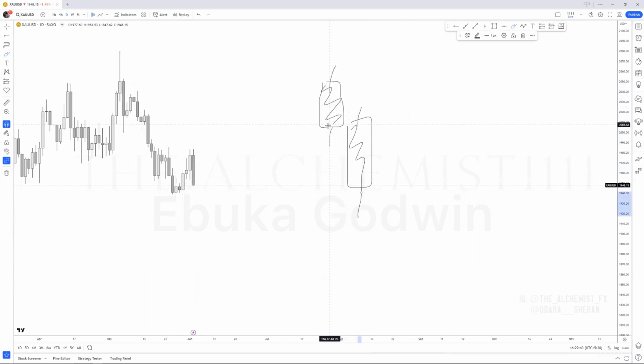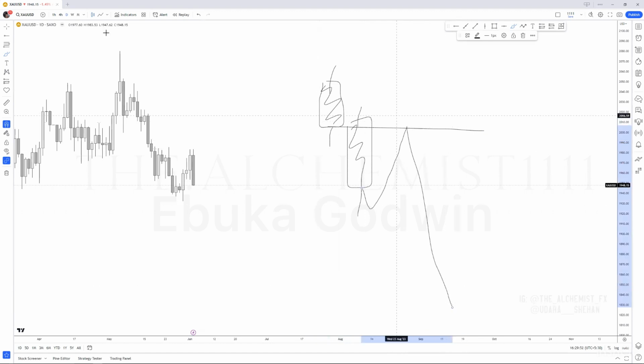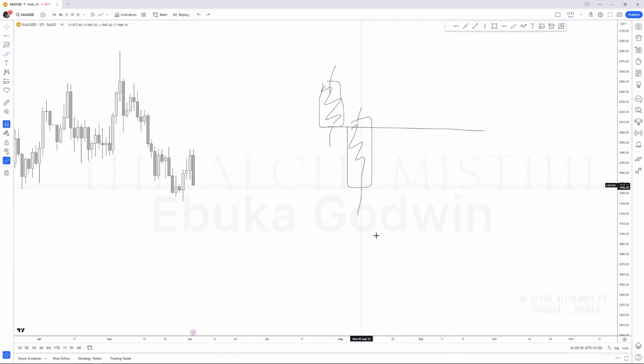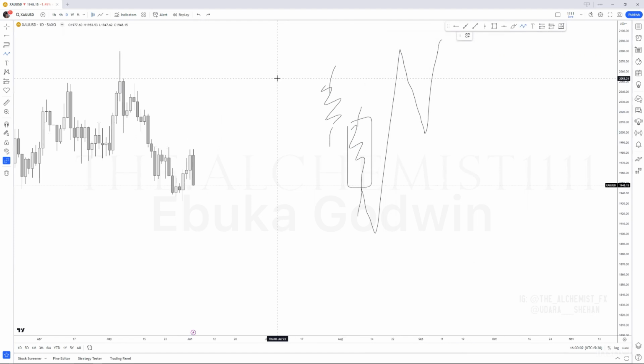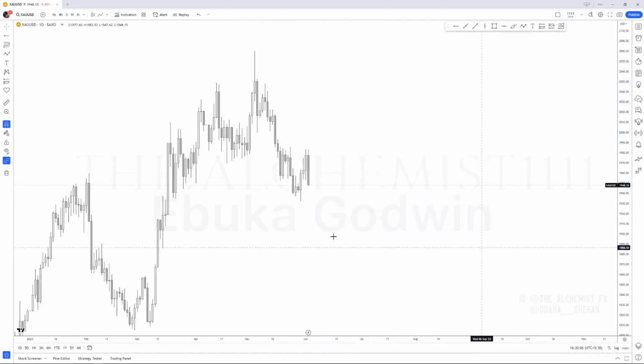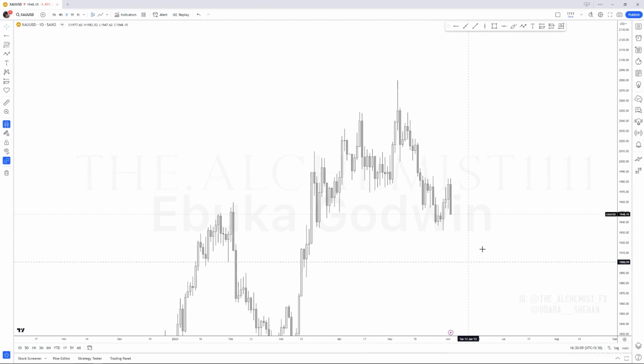So what is the open close level? It is this level. This is the open close level because this is the closing price of this bearish candle. First of all, what do we expect? We expect a move like this, because it is a resistance. But it's the same logic: if it breaks, it could act as a support, because like I told you, it is a type of SNR. So if a support is broken, it turns into resistance. If a resistance is broken, it turns into support. Very simple.